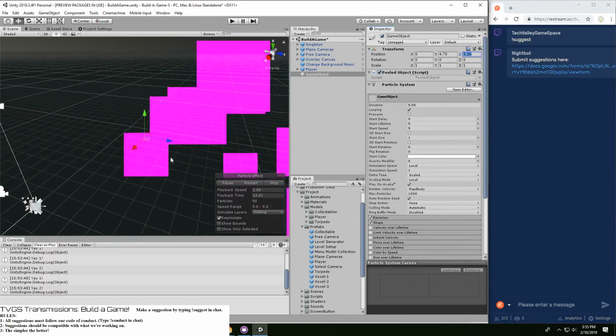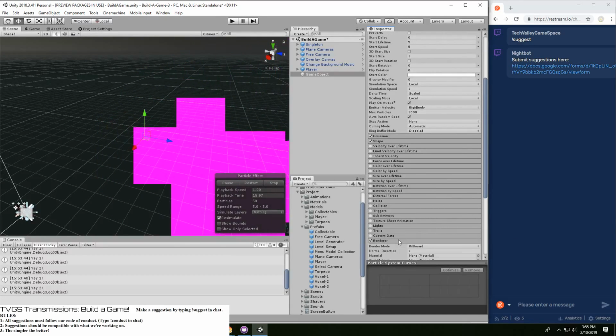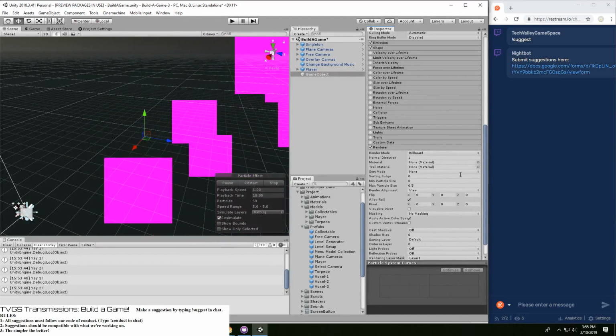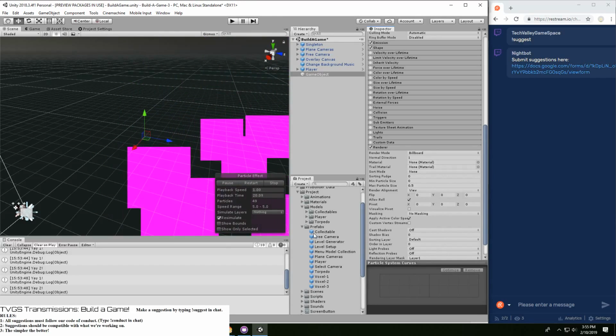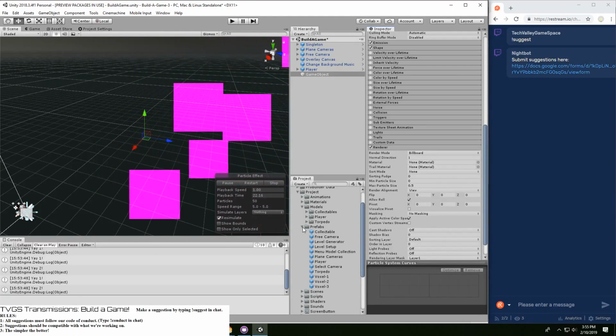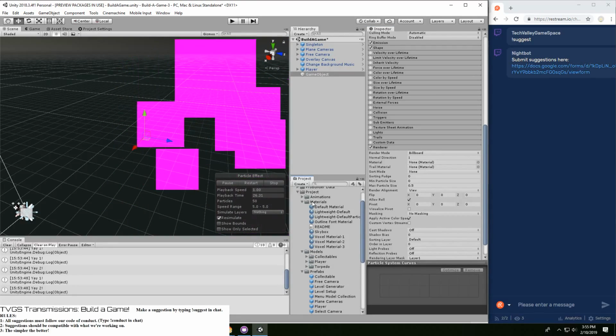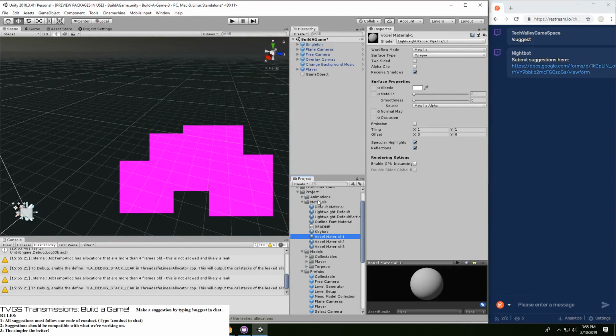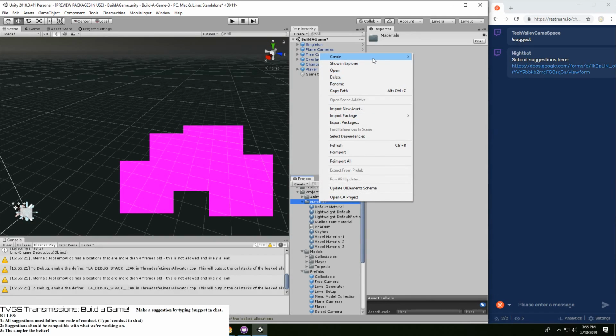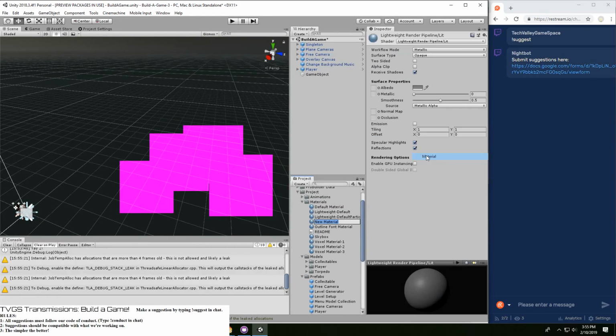And right now it's spitting out a bunch of not very useful magenta. That is because it doesn't have a material attached to it. So we're definitely going to want to add a material to this. Let's create a neat material. We're going to call this dust explosion.